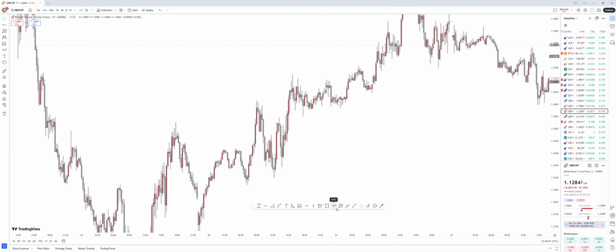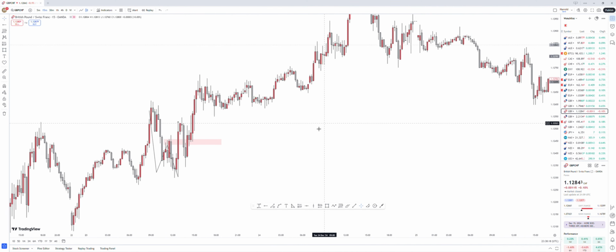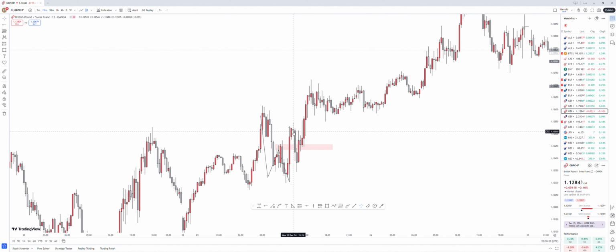So we have a W pattern over here, going to the upside. We have a neckline over here, guys, and you can see the confirmation we got. We got the what? The morning star candlestick confirmation over here. So you will take the trade at the close of this candlestick confirmation, stop loss